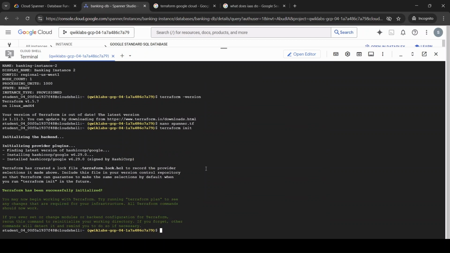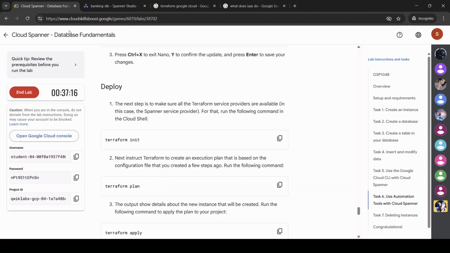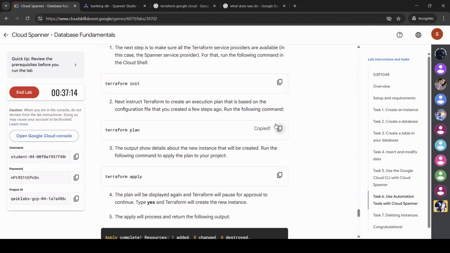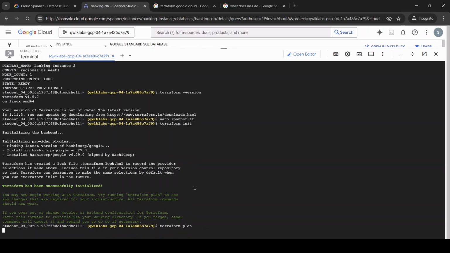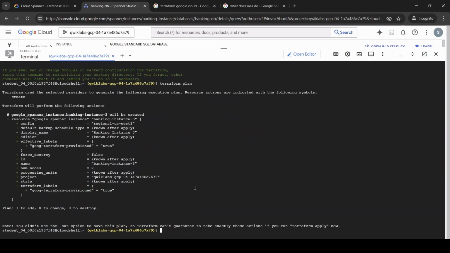Now let's see what Terraform plans to do based on the configuration. Now run terraform plan. Terraform will show you an execution plan outlining the resources it will create. To actually create the instance, run